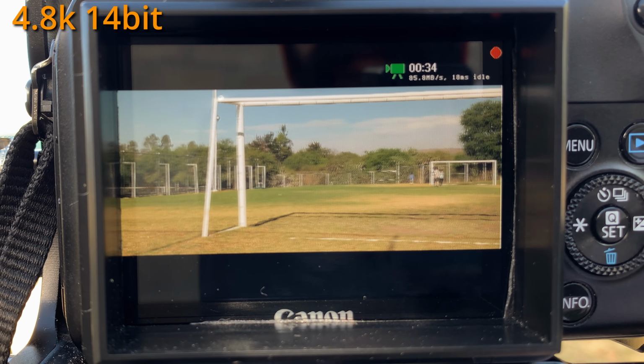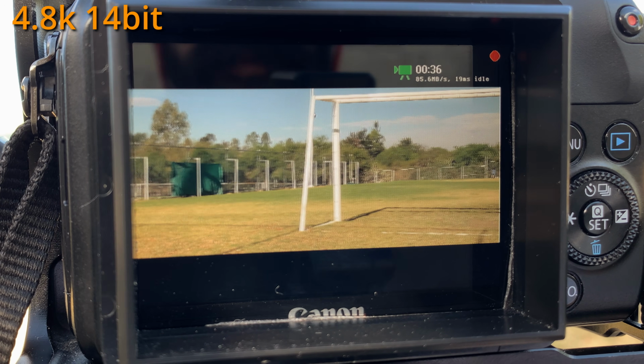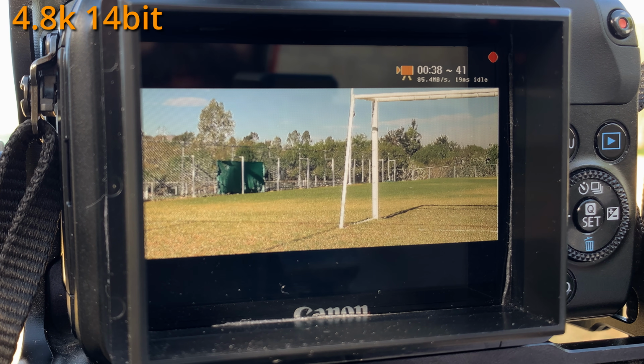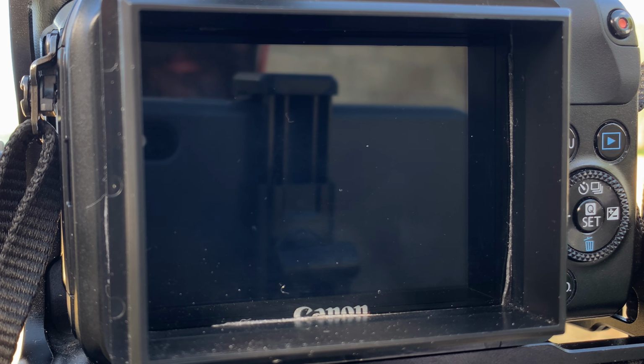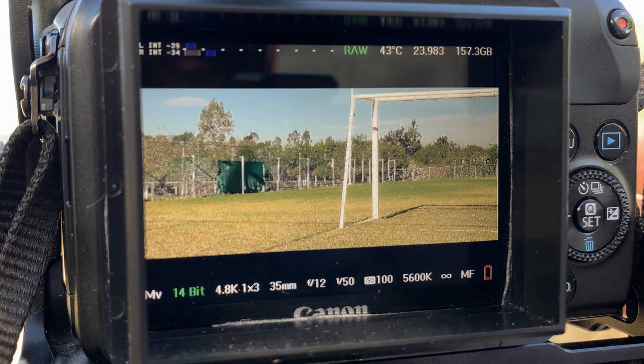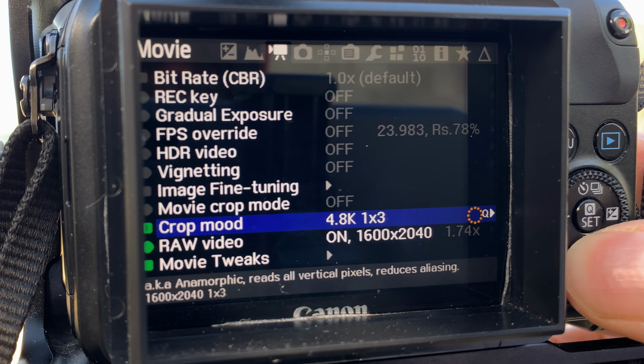Mainly orange and green. Good. Now let's try 4.8K 12-bit, so far my favorite.